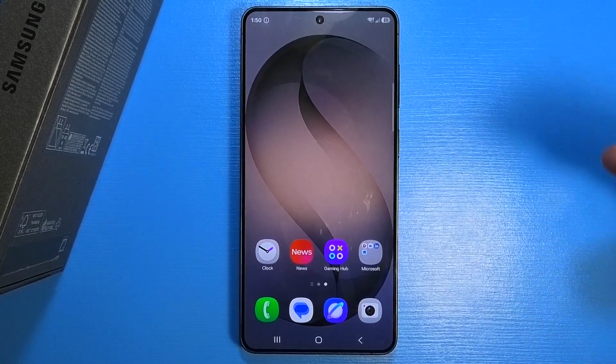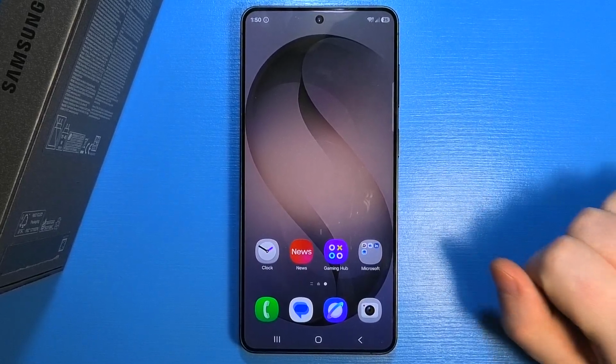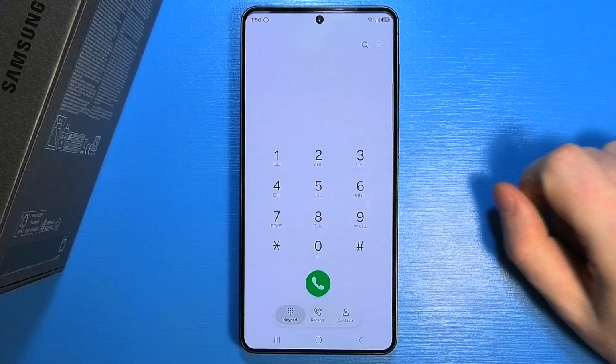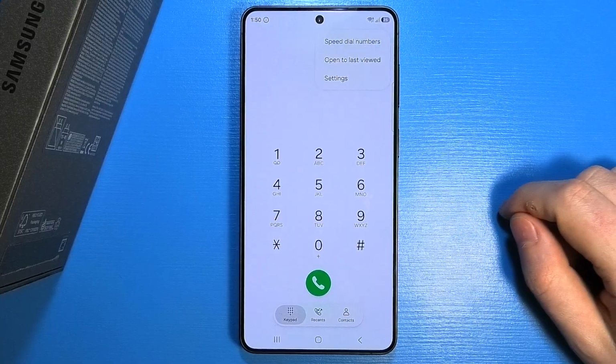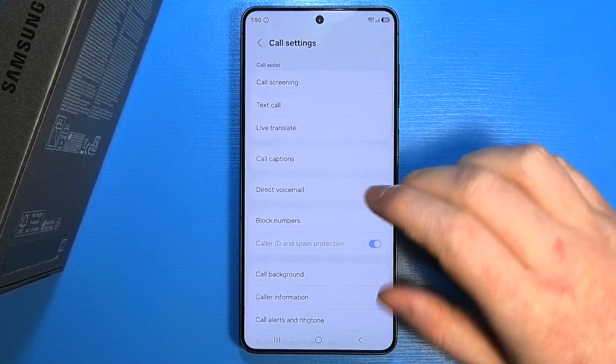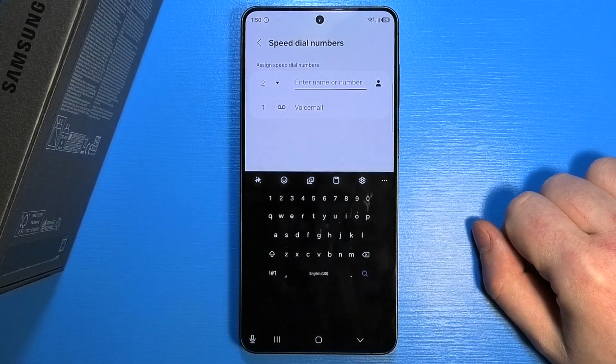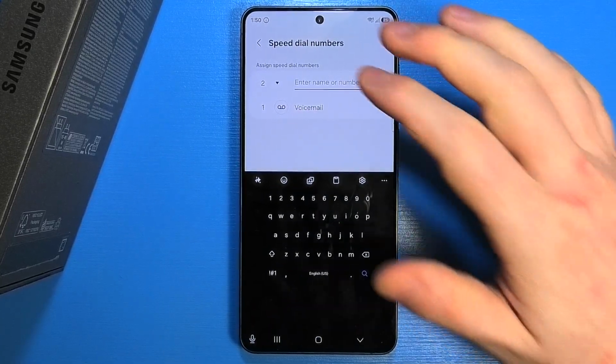To set up speed dial numbers on Samsung Galaxy S26, first of all, you will need to open your phone dialer. Next step is to click on the three dots in the top right corner of the screen and move inside the settings. From there, we'll need to find speed dial numbers, and when we enter it, you will see